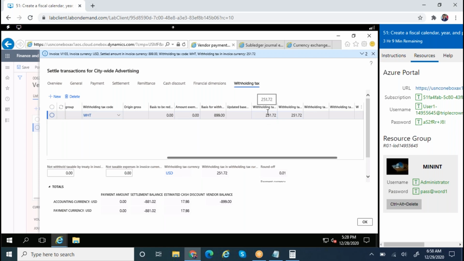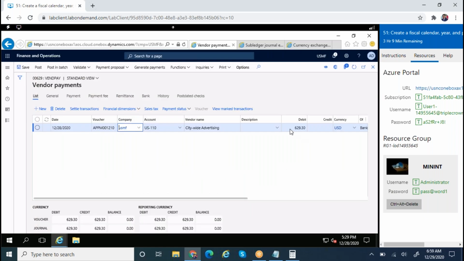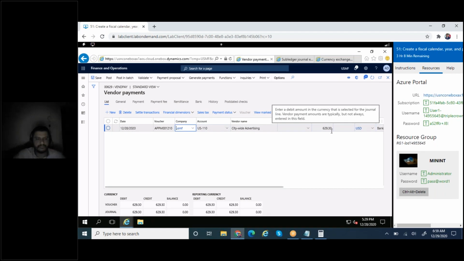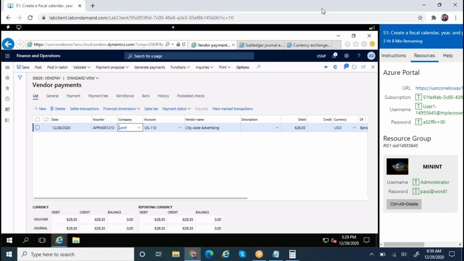Understood? If you select this one and click OK, automatically it is coming as 629.30 only, but not 899. Okay, but not 899. So if you post,